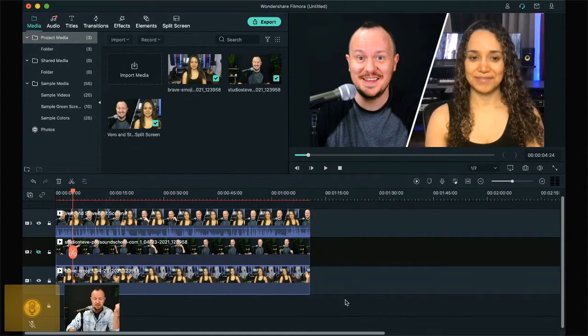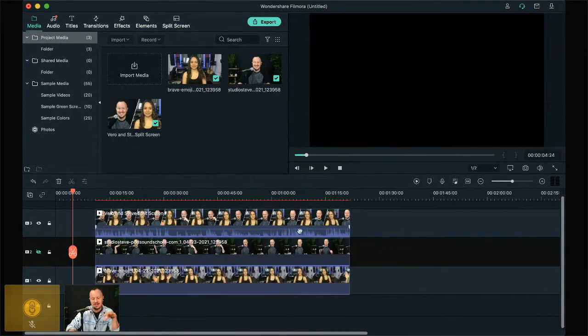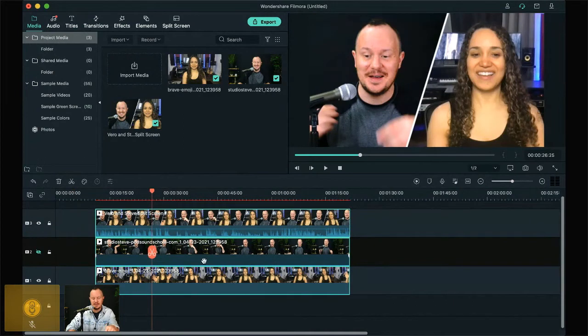So anyway, what we do here is we could actually group all these pieces together by clicking and dragging to create a marquee. And then you'll see they have all been highlighted, and now they'll kind of move as one piece. But this can get a little complicated. And with Filmora, you can actually group it by pressing Command G. But then when you group it, the splitting and things isn't as intuitive. It doesn't work really. I'll show you what it does.